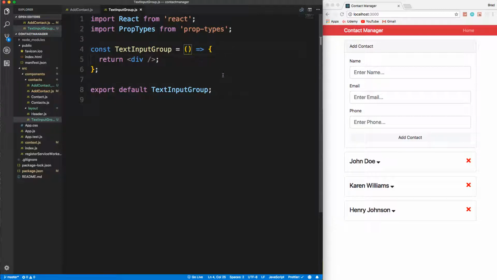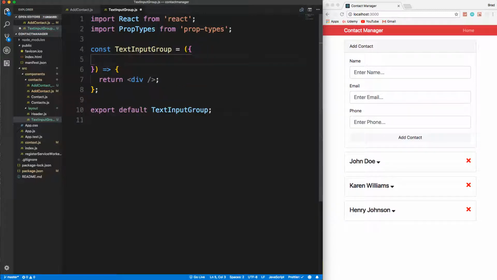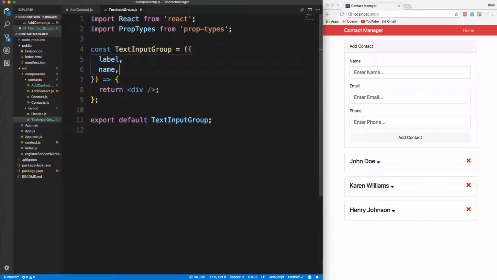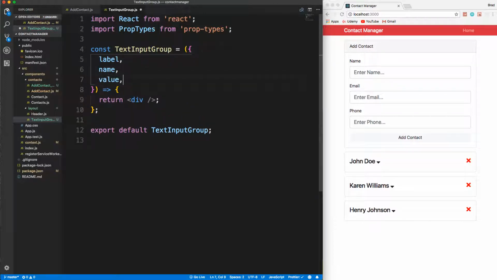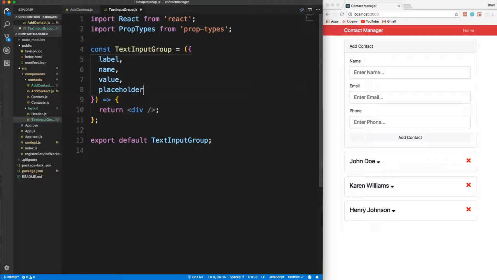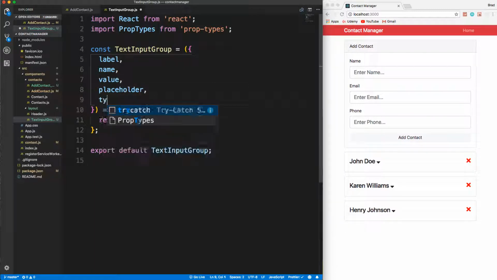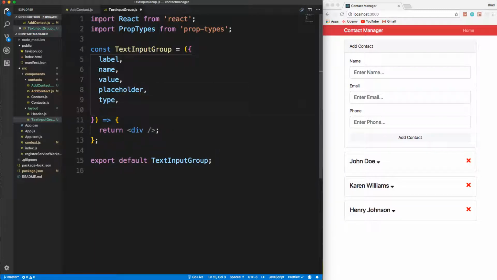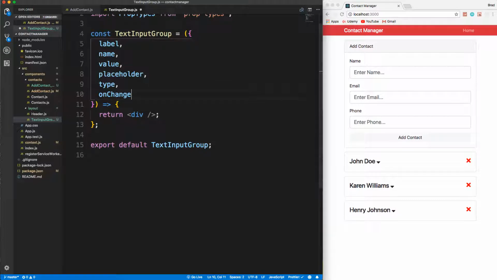Now I'm going to use destructuring here so that when we're down here we don't have to say props.value and all that stuff. We can just say value. So let's go ahead and use destructuring here and put in the props that we expect. So we expect a label, a name, a value, a placeholder, a type, and then an onChange. Okay, so those are the things that we expect to have in this component,